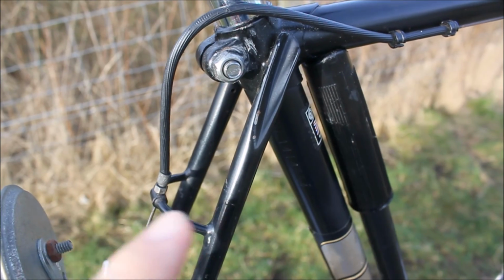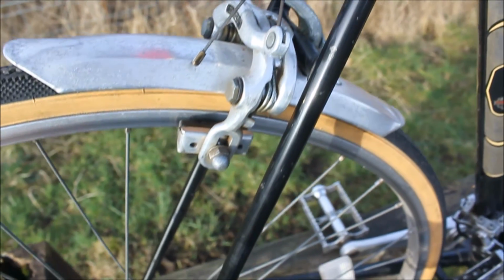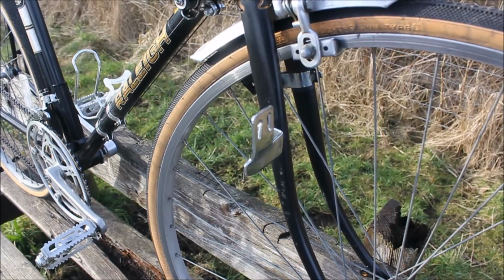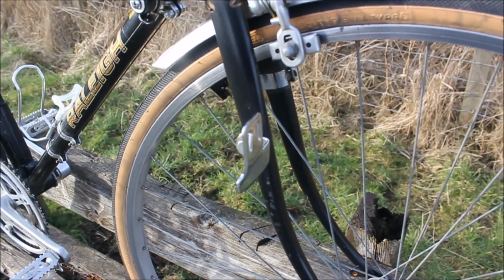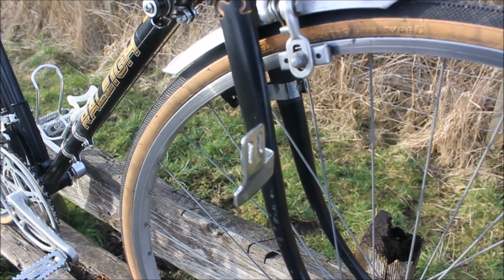It isn't perfect, it has a few wee marks here and there down the forks, and the mud guards and aluminium parts such as brakes could really do with a good polish. It also has a nice bracket for mounting a lamp like they had back in those days. I had a big square Halford's own brand lamp on it for a while from my own sort of collection